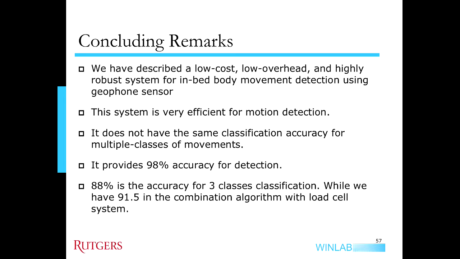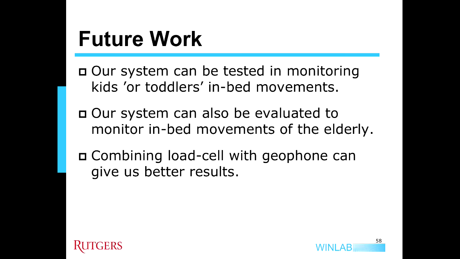We can say that for future work, the load cell sensor system can be tested and evaluated to monitor kids or toddlers' movement, or elderly people. And also, a very useful step is combining geophone with load cell in one system. Geophone is very good in detection, which we reach 98, instead of 94 in load cell. But it's not useful for classification, so we can still keep the load cell system to classify movements into 9